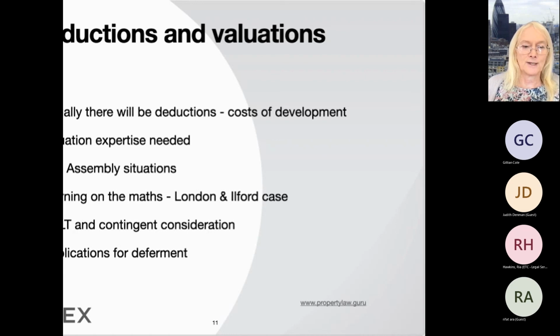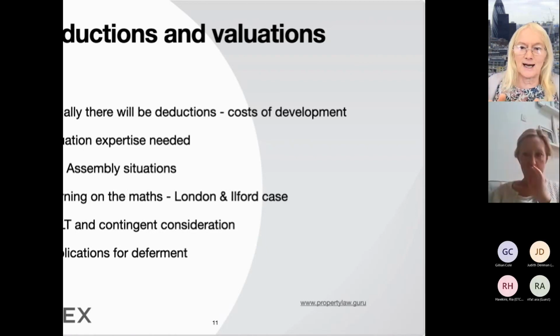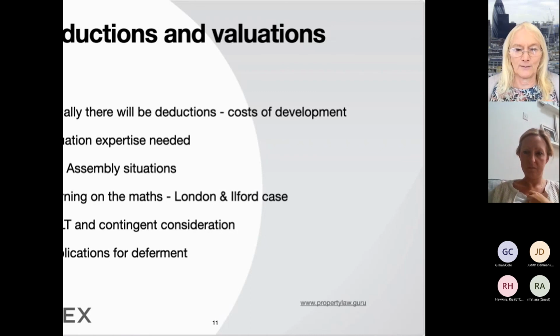And it's very important that you do this. And I've seen so many people saying, oh, well, I'm going to make a self-assessment that there is only a 10% chance of it happening, so I'm going to assess it as being 10% of £1 million. That's not what the section says. The section says you have to assume it will happen. So therefore, what would be the value? And the idea is that, let's say it was £1 million going up to £2 million, and with a 50% overage, you would pay the tax on the £1.5 million, but then when you did pay it, you would pay a refund or extra depending on what the figure was.